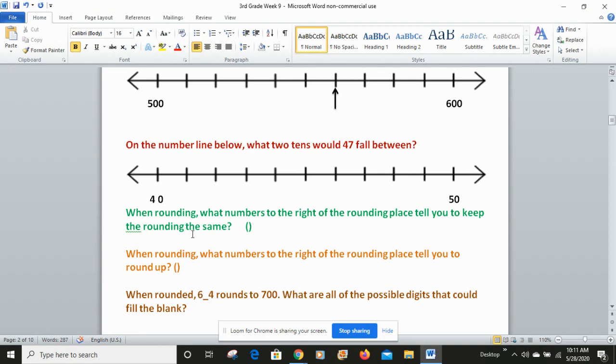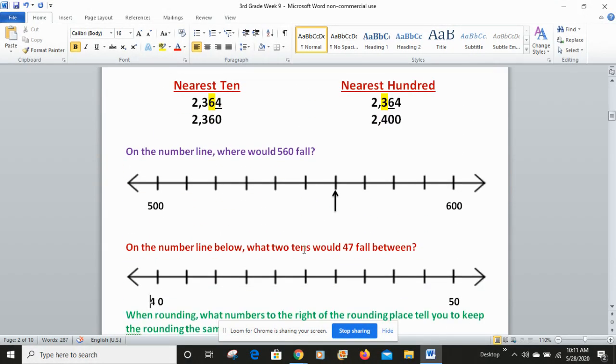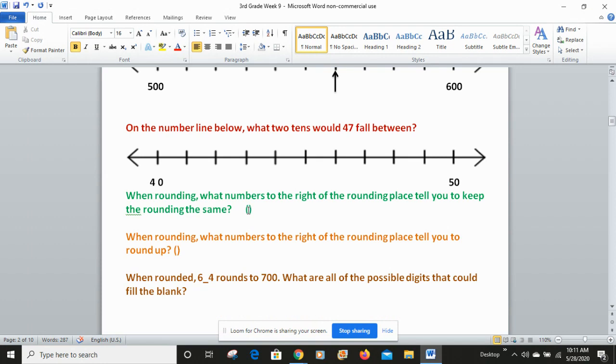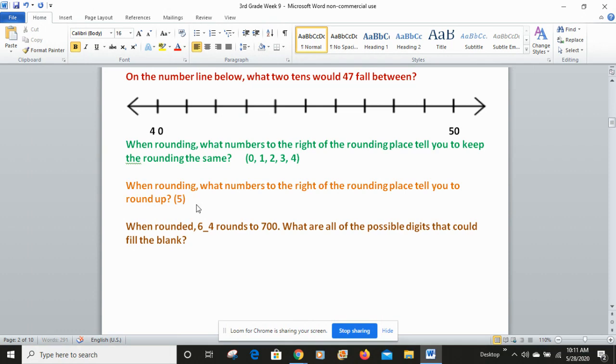Now, this one says, when rounding, what numbers to the right of the rounding place tell you to keep the rounding place the same? And we can go back up and check with this, but I know that the numbers 0, 1, 2, 3, and 4 are the numbers that tell the rounding place to stay the same. You don't round up. Likewise, when rounding, what numbers to the right of the rounding place tell you to round up? So we know from our list up here that those digits would be 5,